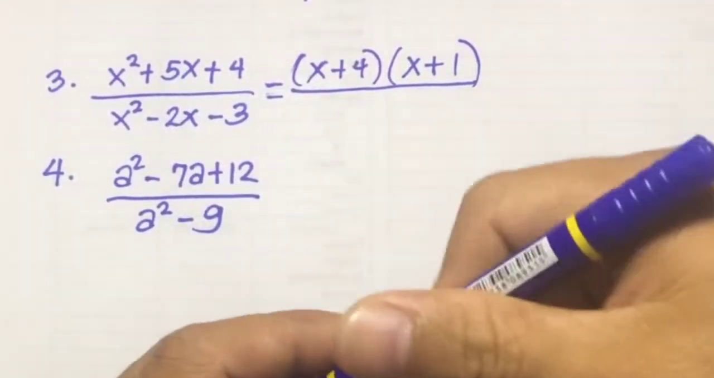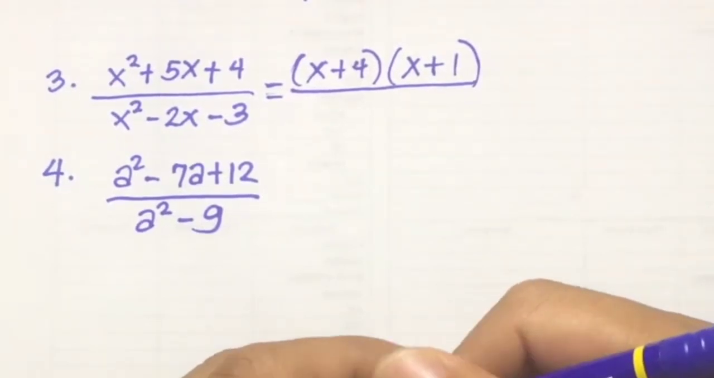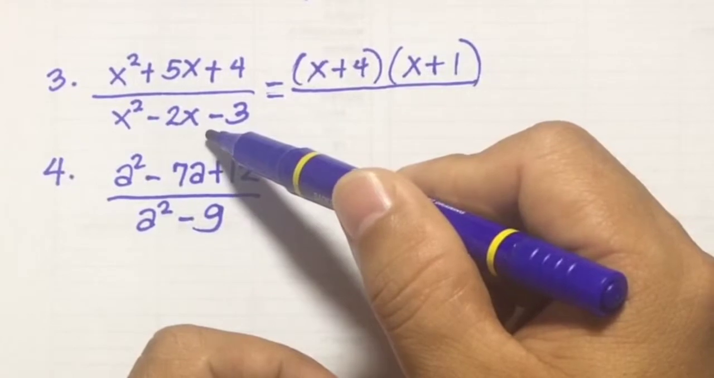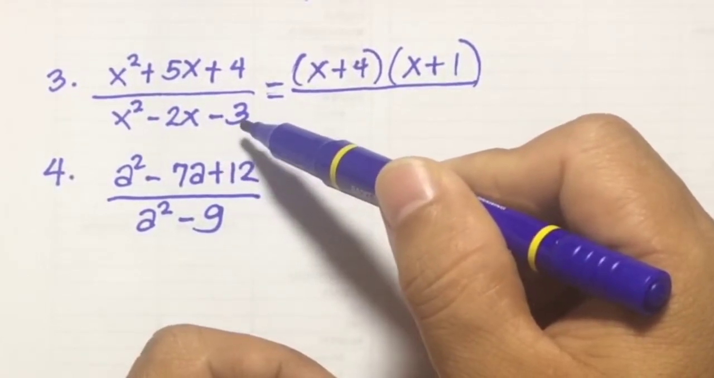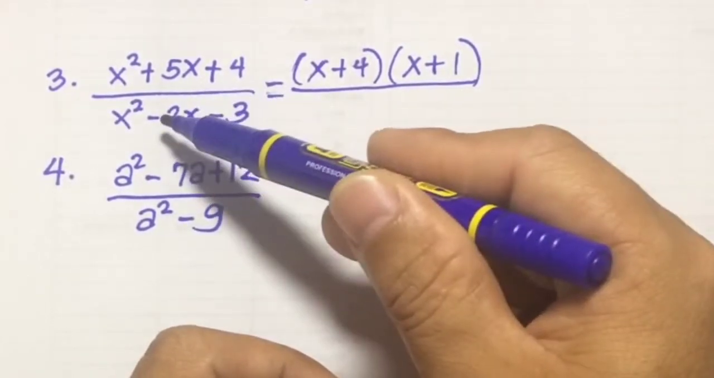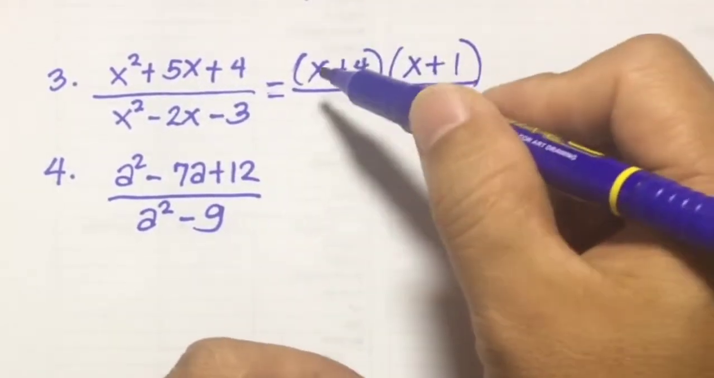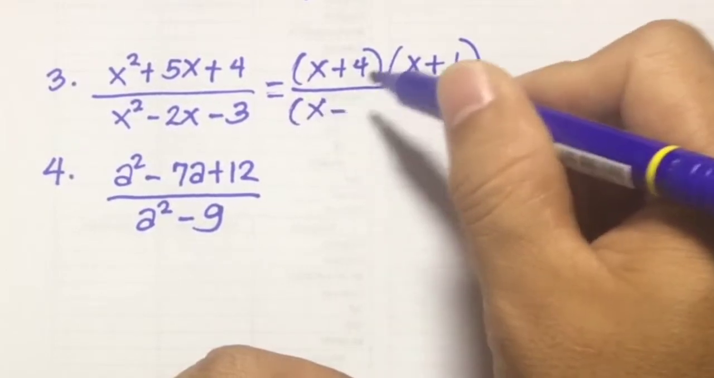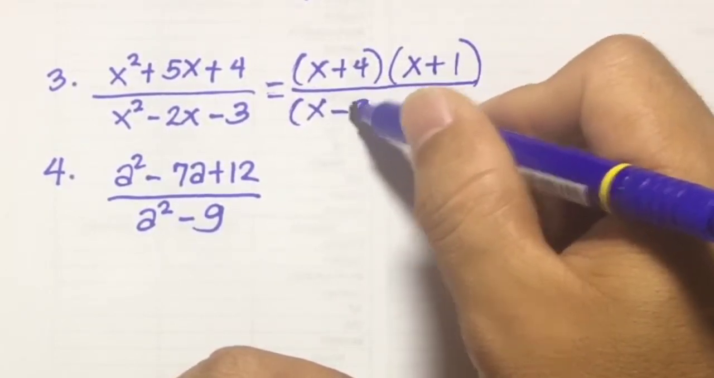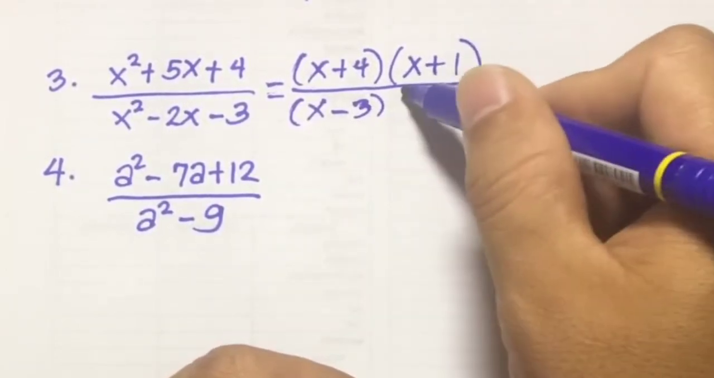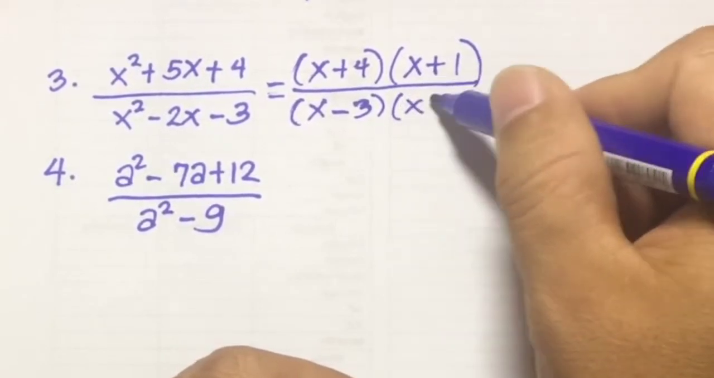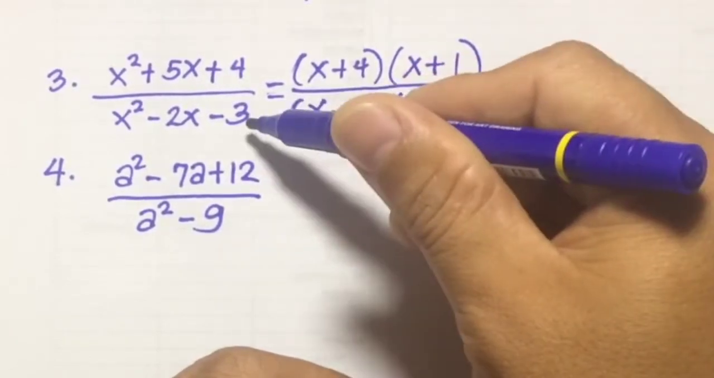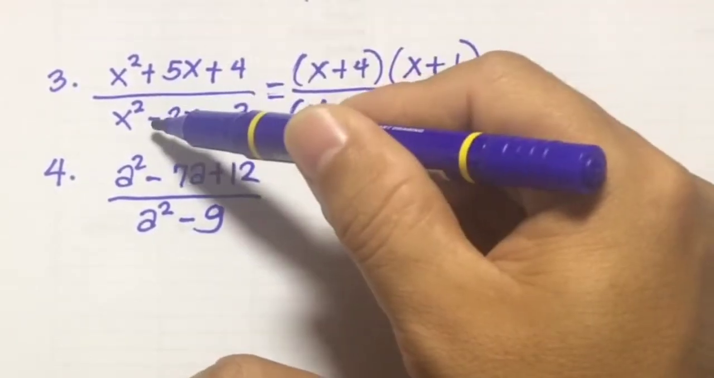Then if we're going to have the denominator, x squared minus 2x minus 3. So we're going to find two factors of negative 3, in which if we're going to add the 2, the result will be negative 2. And those factors will be x minus 3 times x plus 1. Negative 3 times 1 is negative 3, and negative 3 plus 1 is negative 2,